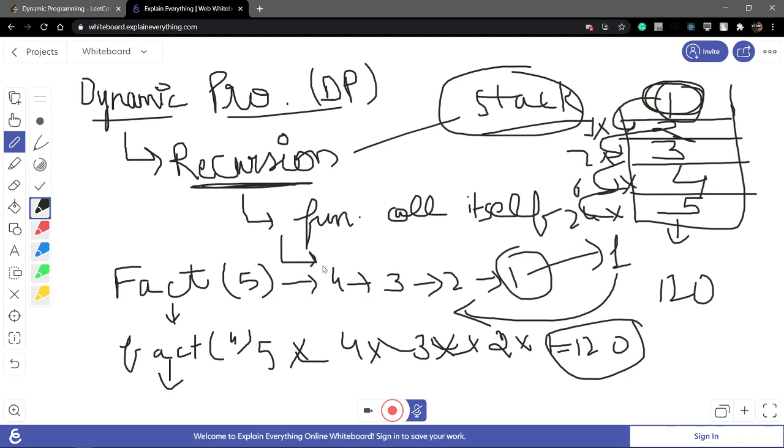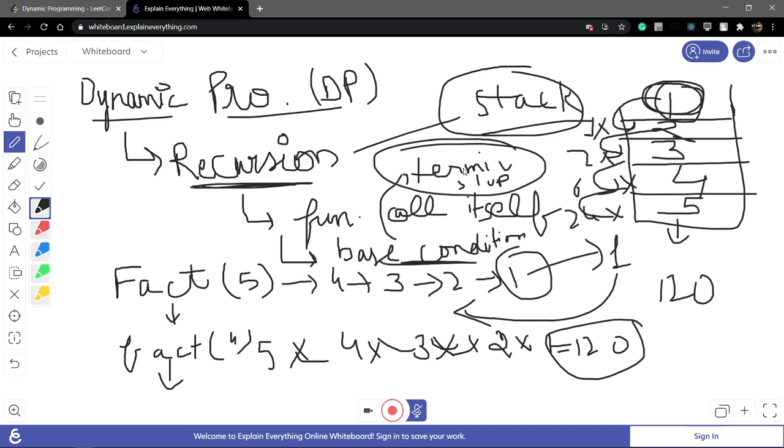And second most important is how to maintain a base condition. What is the base condition? The base condition is nothing but a termination point, a stop point for the function calling itself. Like factorial of 1 is the base condition, which stops the factorial program.